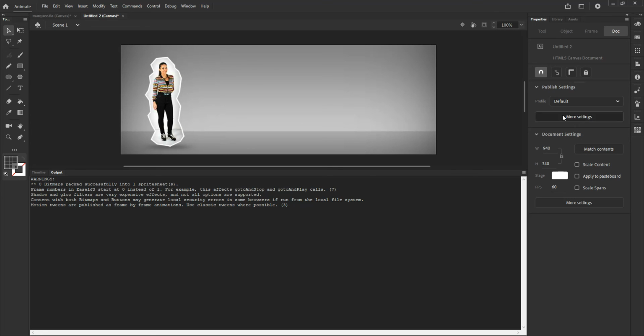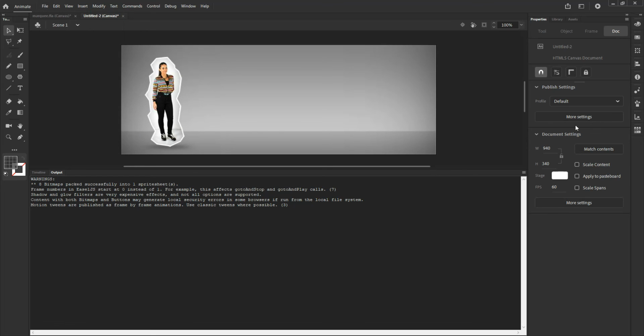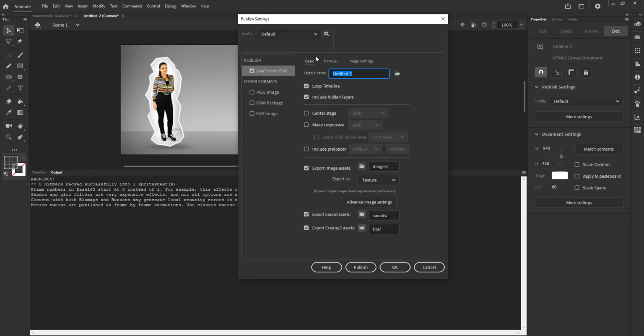Under Publish Settings, you have the More Settings button. You also have access to Publish Settings under File, Publish Settings. So either one of the two is going to take you to the same spot. So let me click on this button here. And basically this gives you the access to how you want to handle the file that you're exporting from your presentation. Whether you want to have JavaScript HTML conditions that are specific to that particular thing, whether you want to